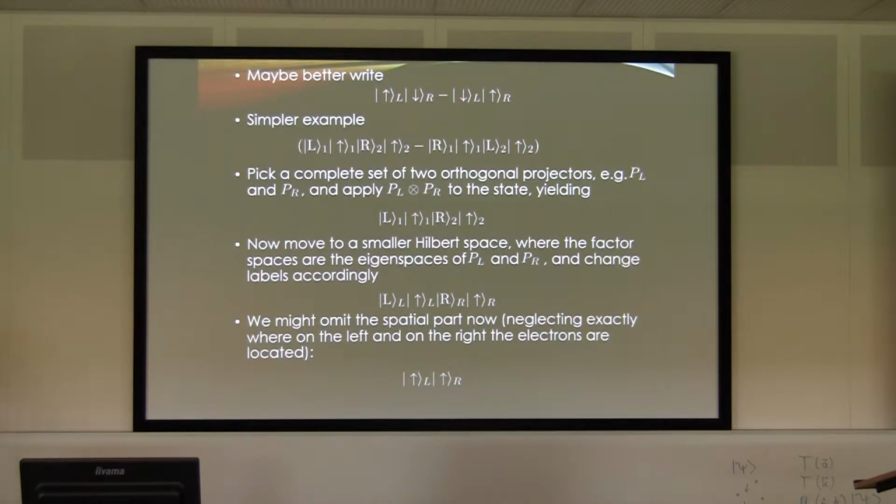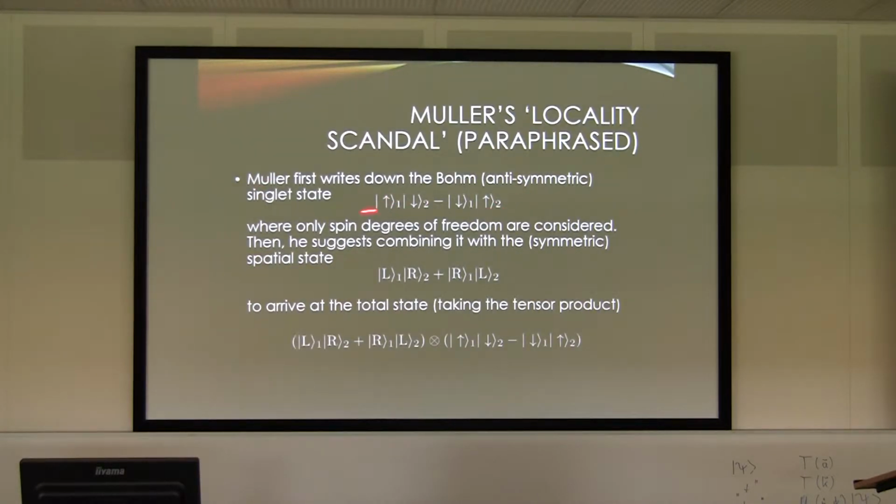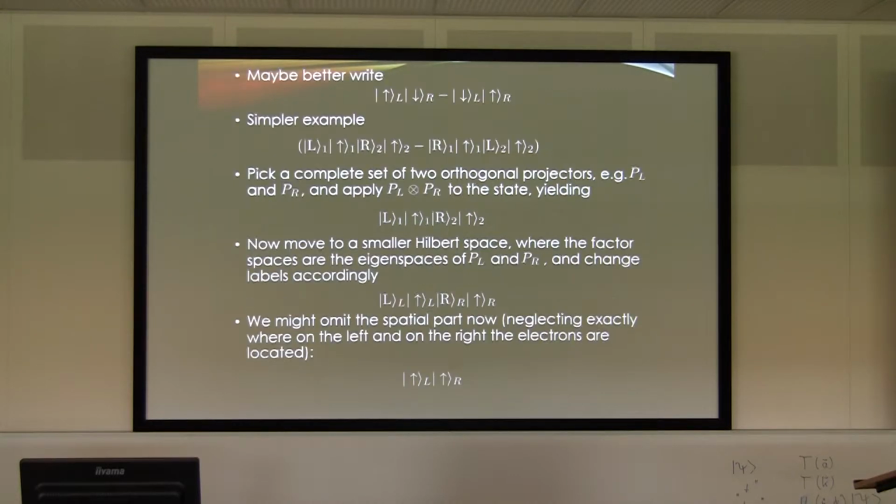So, maybe I want to clear up this confusion a bit. Maybe it's better to write for this first initial, when discussing EPR or Bell experiments, not to use labels 1 and 2, but labels like L and R, to be clear that we're talking about the electron on the left and the electron on the right, and not about electron 1 and 2.